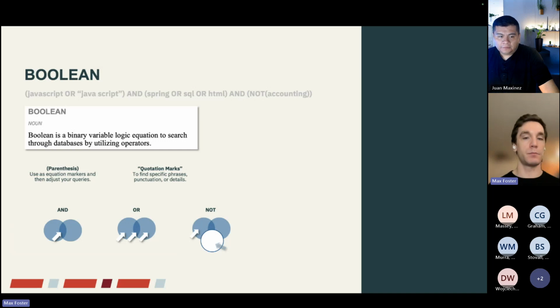The not function we'll touch on briefly here today, but take it with a massive grain of salt. It omits candidates. So in our example here, it says not accounting. Anybody that has accounting in their profile anywhere at all will no longer show up in your search results. So in the example you'll see here in a second, I say not Android. You can imagine how many mobile developers know iOS and Android? Probably most. So by saying not Android, you've actually cut out probably half the market. So be very, very, very careful about the not function.